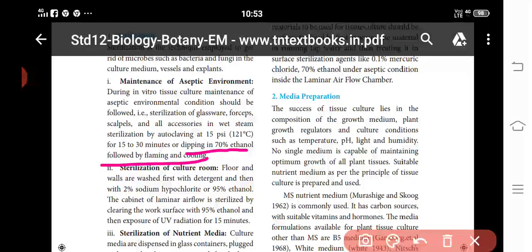Heat, or dry heat, does this, and in most cases is the most effective. It kills the organisms by coagulating and denaturing the enzymes and proteins. The spores are killed by exposure to moist heat at 121 degrees for 15 to 30 minutes. Dry heat kills some microorganisms when exposed at 160 degrees Celsius for 1 hour. So next one.